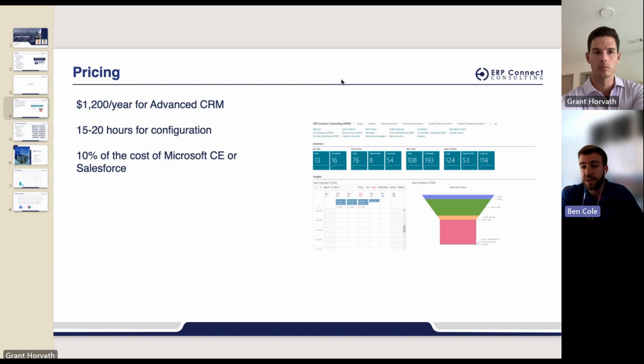With that, how long does it typically take to get stood up and configured? I find it usually takes between 15 and 20 hours to get everything configured. There's a lot of optionality that Grant showed in today's discussion, and right around 15 to 20 hours is how long it takes to set up everything that we went through and do a little bit of training to get you comfortable with the tool before your sales reps can actually start using it. And then again,